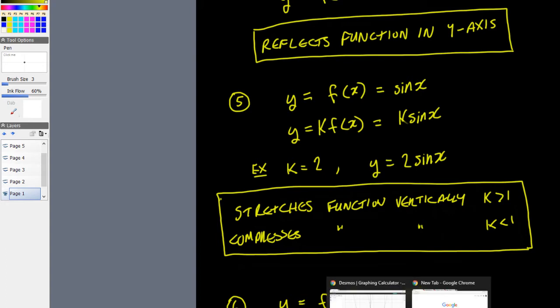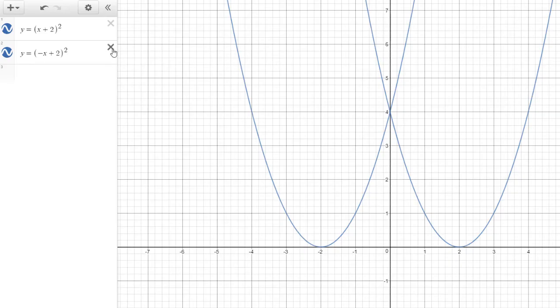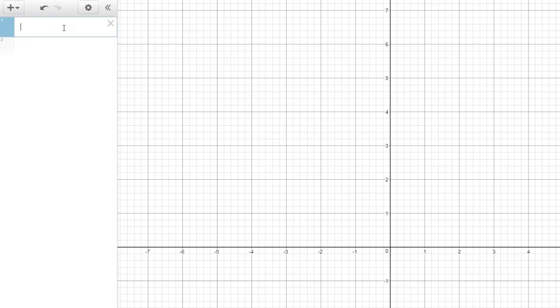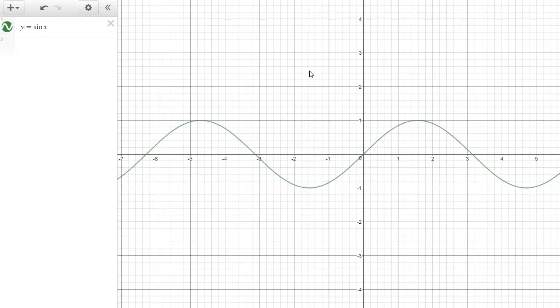Desmos, and there we go. So I'll clear these off and we'll put in y equals sine x. So there's a function y equals sine x. I'll lift it up a wee bit. Now what we're going to do is change that function so it looks like y equals some value